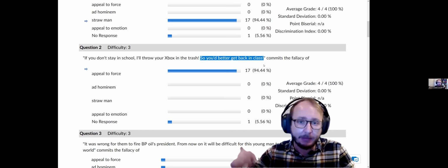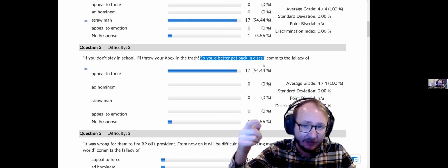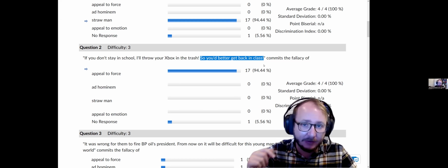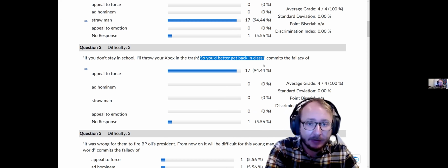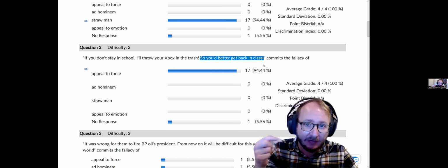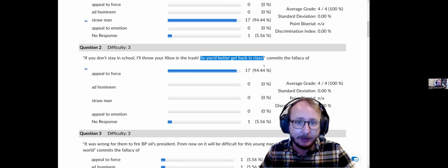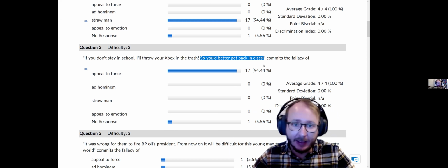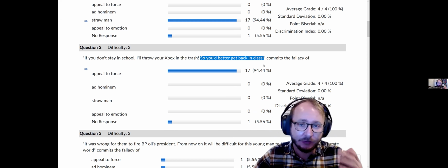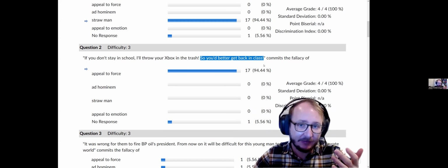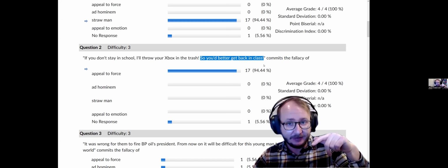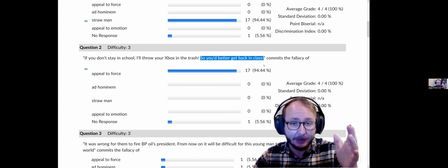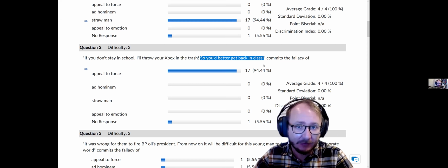An appeal to force is where the person making the argument is the person threatening the audience of the argument. So whoever's receiving the argument, hearing it, and deciding what to believe, if that argument contains a threat against that person, that's an appeal to force, right? And that's different from saying that, look, you shouldn't vote for this person because these bad things will happen, not because I'm doing it, but because they will do it or something else bad will happen, right? That's not an appeal to force. It's an appeal to fear, right?